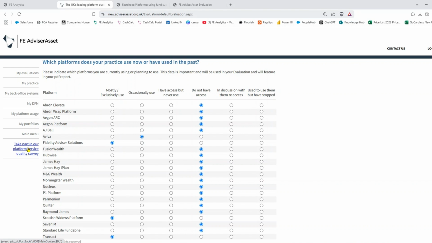You have to fill in the survey to get the service quality tab to load up, and all of that rich information to filter through to your full due diligence pack at the very end. And I'll signpost that in a few moments. So yes, before you run any evaluations, complete all of these tabs, including the survey, and then you're ready to